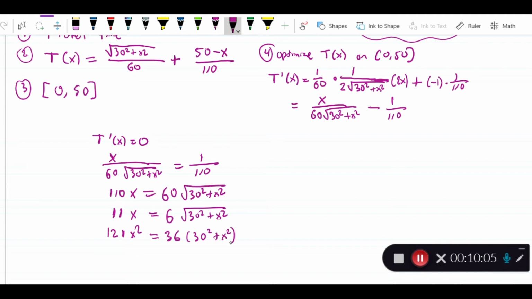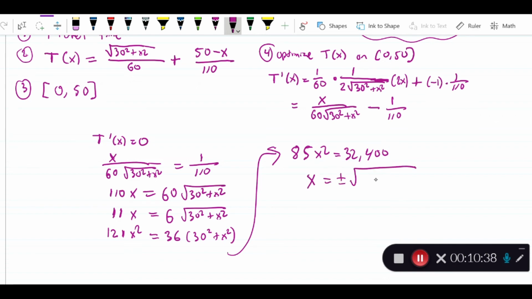So once I simplify this, 30 squared is 900. I'll spare you all the multiplication. Once I've multiplied everything by 36 and squared the 30, I'm going to get 85x squared is equal to 32,400. So that gives us x is going to be equal to plus or minus the square root of